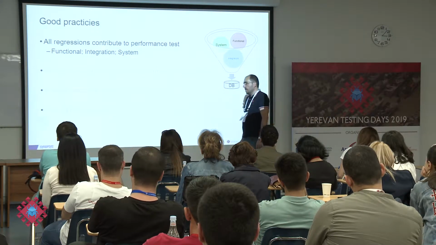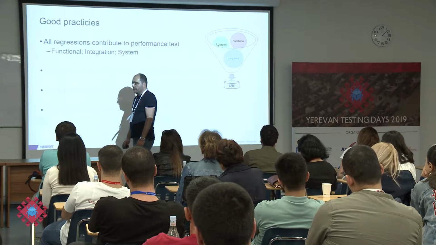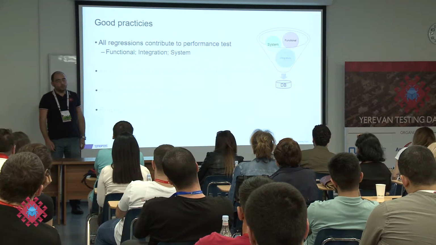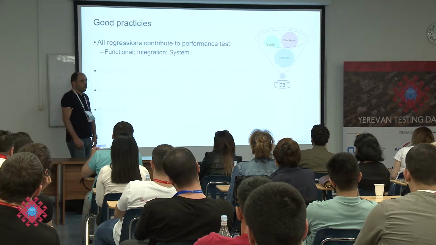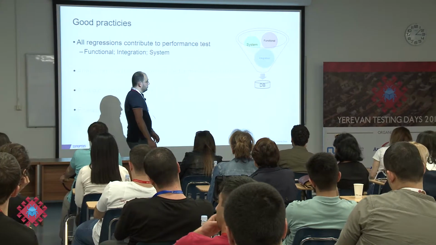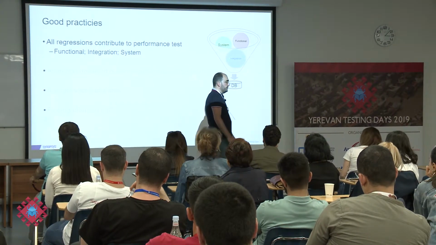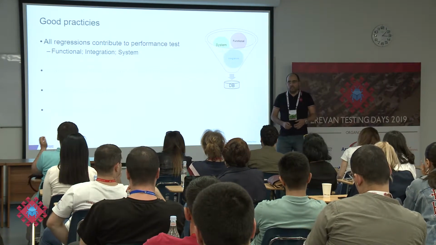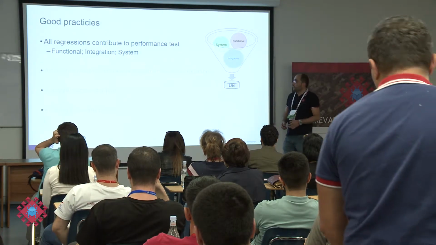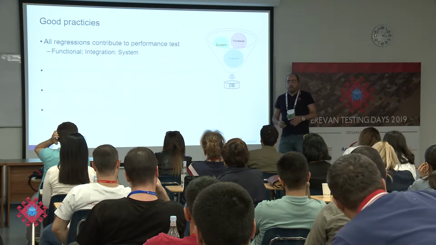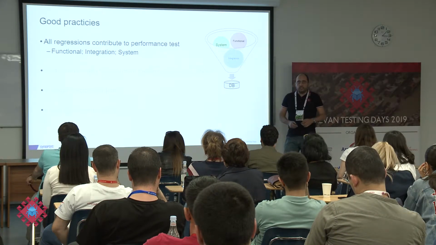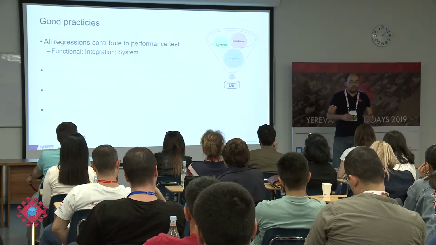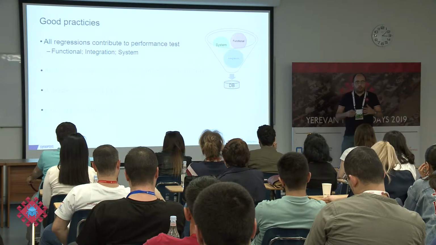Now, as a couple of times I heard during this conference, we are not doing best practice, but we are doing some good practices which actually work well for us. So let's imagine that during the entire test process, we collect a lot of information about tests and test results. I'm talking particularly about, for example, functional, integration, and system level tests. All these test results are collected for us in a single database with all metrics.